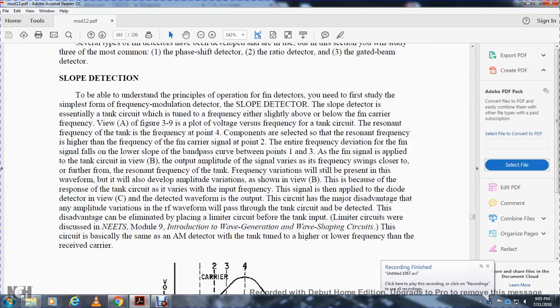The slope detector. To understand the principle of operation of the frequency modulation detector, you need first the simplest form of the frequency modulation detector. The slope detector is essentially a tank circuit tuned to a frequency slightly above or below the frequency